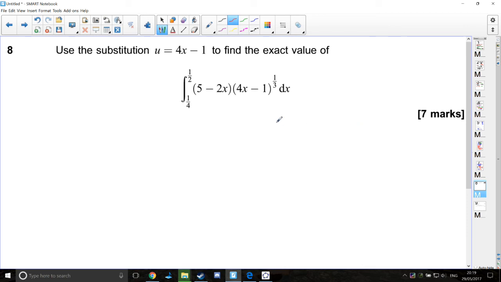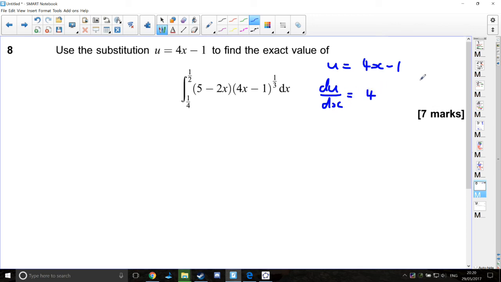So, it's told us u is equal to 4x minus 1, and this is our integral between a quarter and a half. So, let's go for it. Start off, look at your substitution, u equals 4x minus 1, and we're going to differentiate it. Every single time, this is what you do. So du by dx is equal to